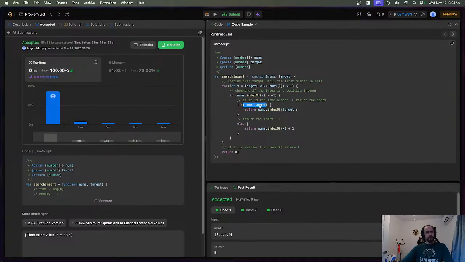This is actually just doing extra work for no reason. If x equals target, wow, and then they do another index of. Like, they literally have the index of already done. They do it again when they could have cached it. I'm surprised this doesn't return false positives, because